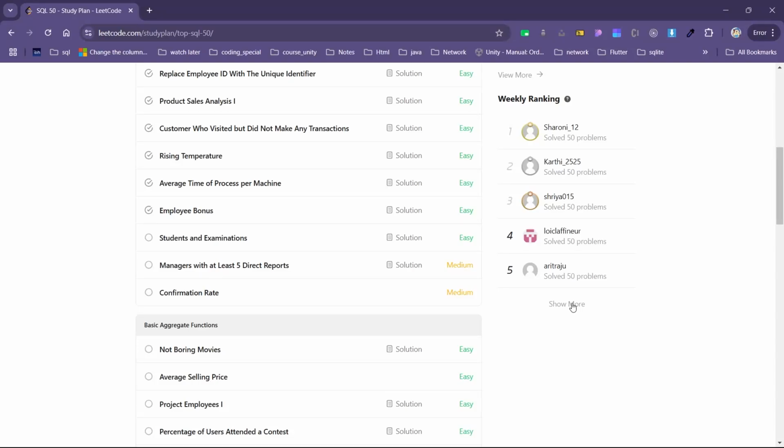हेलो एवरीवन। लास्ट वीडियो में हमने सॉल्व किया था एम्प्लॉयज बोनस। सो इस वीडियो में हम सॉल्व करने वाले हैं स्टूडेंट्स एंड एग्जामिनेशंस, जो कि है क्वेश्चन नंबर 12 ऑफ आवर एसक्यूएल 50 सीरीज। सो लेट्स गेट स्टार्टेड।